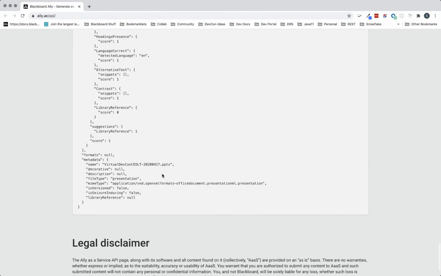So I hope this helps you in your onboarding into the Ally as a Service API framework. As always, if you have any questions, much of this is further documented at docs.blackboard.com/ally. And we also will be releasing over the next couple of weeks a few samples to help you get